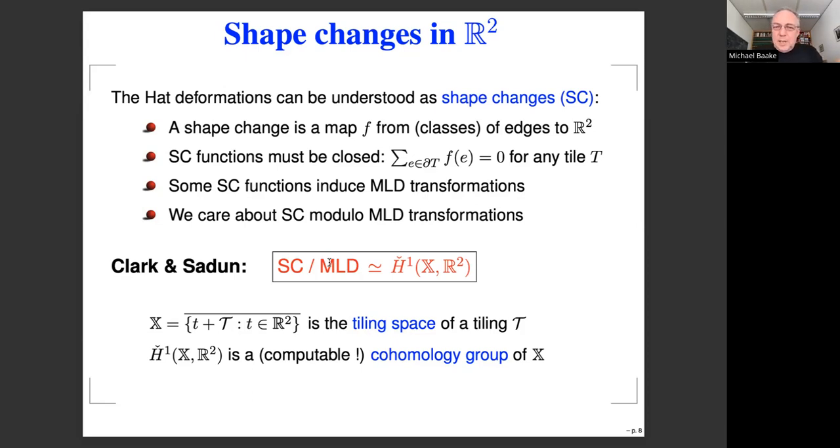The tiling space X that we have, that is the space of all tilings that we can have. And in particular, if we have one hat tiling, we can also consider all translates of a hat tiling and then take a closure in the obvious way to compare two tilings, where we say that two tilings are epsilon close if they agree on a ball of radius 1 over epsilon exactly. And that turns the set of all these tilings into a compact space, X, and that is the tiling space